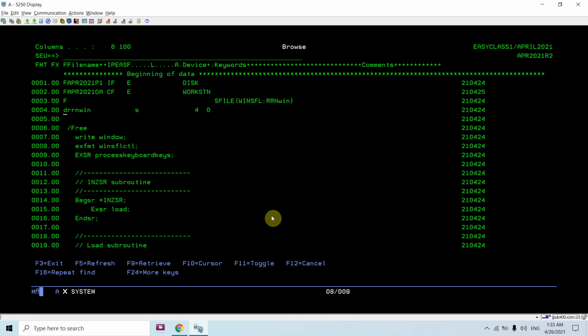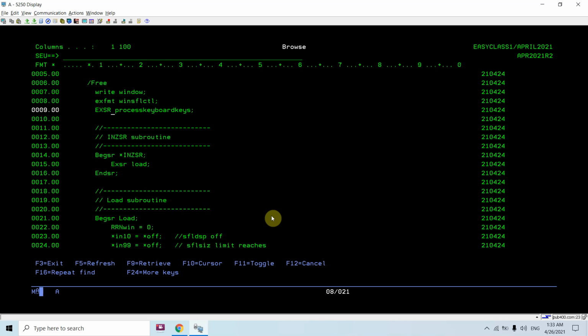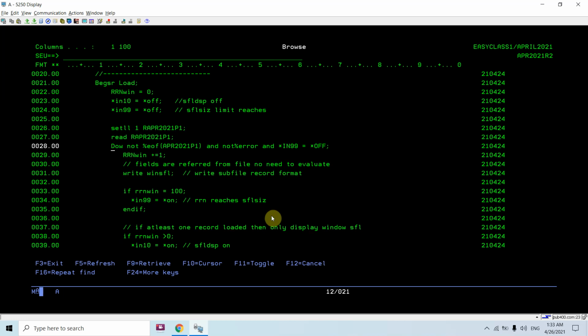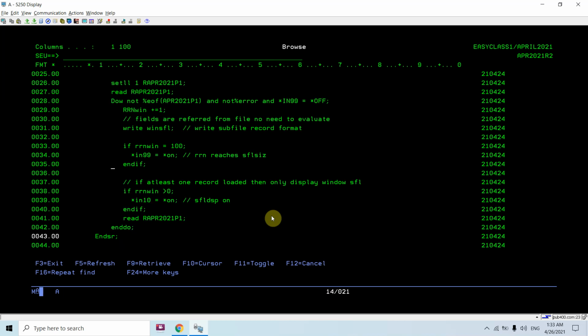Let me tell you quickly that I defined this physical file and the subfile, which is defined in the display file, and declared the RRN. Then I am writing the window subfile format, or executing the window subfile control format, then processing the keyboard keys. The first thing is to load the subfile, the window subfile. So basically I'm reading the physical file and loading all the records in the window subfile.